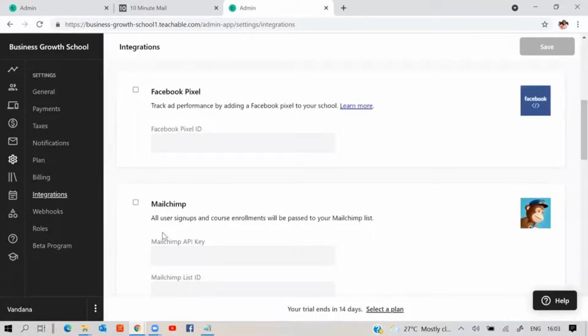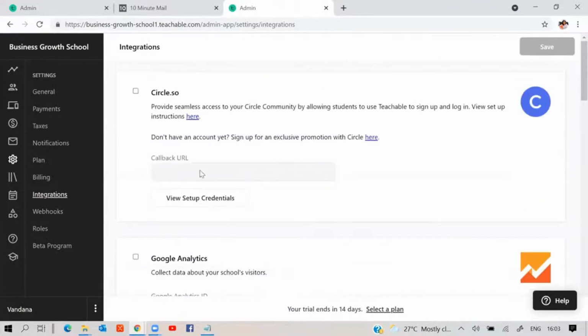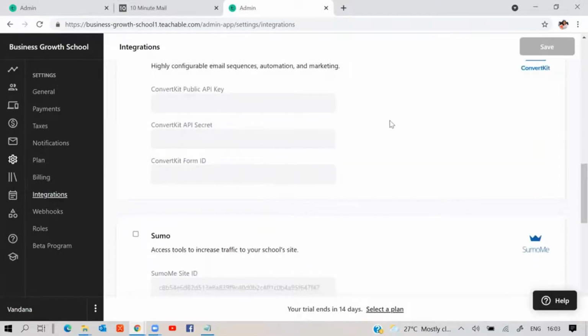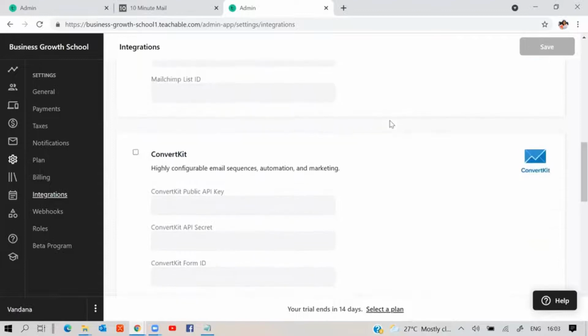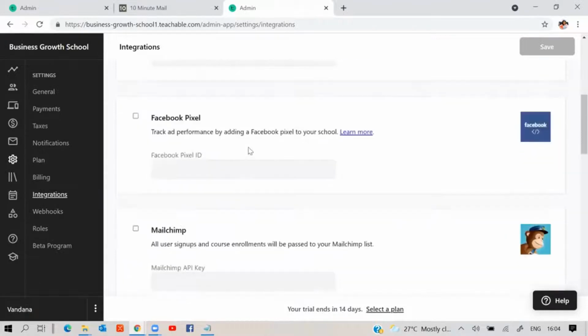Only limited integrations. Facebook Pixel integration, Google Analytics integration. Now these are all little advanced stuff. ConvertKit, if you are using an autoresponder, we will look at one autoresponder. Then what is integration? It is the two tools talking to each other. So ConvertKit is an autoresponder and Teachable is a learning management system. So how to make the two tools connect and talk to each other? MailChimp and Teachable, how they will talk to each other.